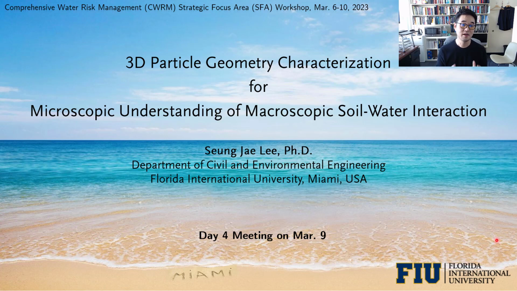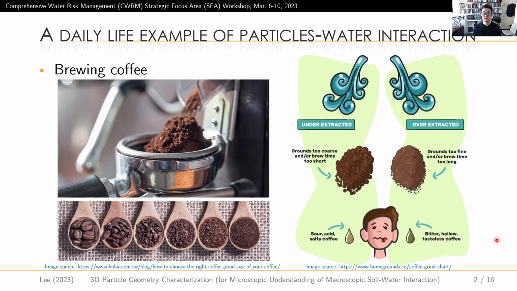Today I'm going to talk about 3D particle, or maybe particle-scale, geometric characterization to better understand the complex macroscopic soil-water interaction problems. These soil-water or particle-water interaction problems are actually everywhere, ubiquitous, including brewing coffee. Here you see the different geometry of the coffee grounds, such as the particle size. This different geometry of the coffee grounds is a major factor that determines how the coffee interacts with water